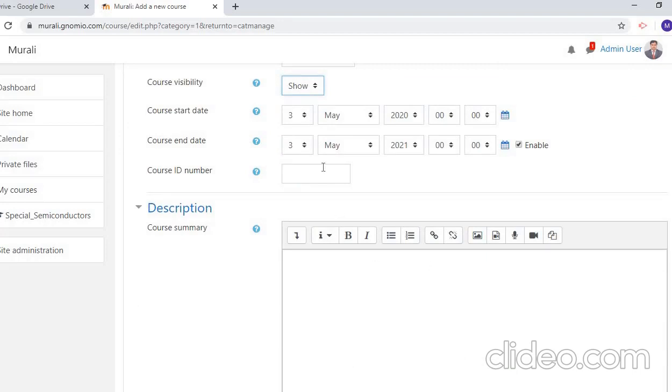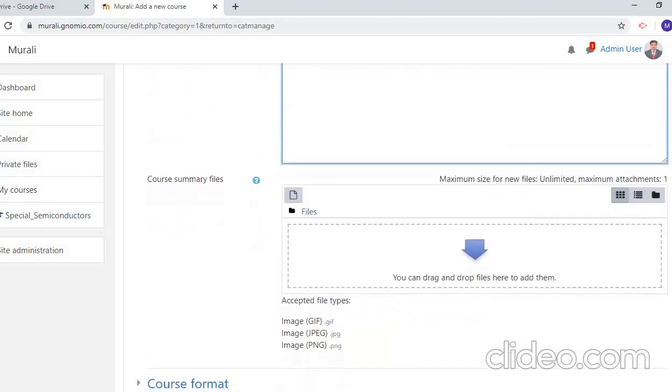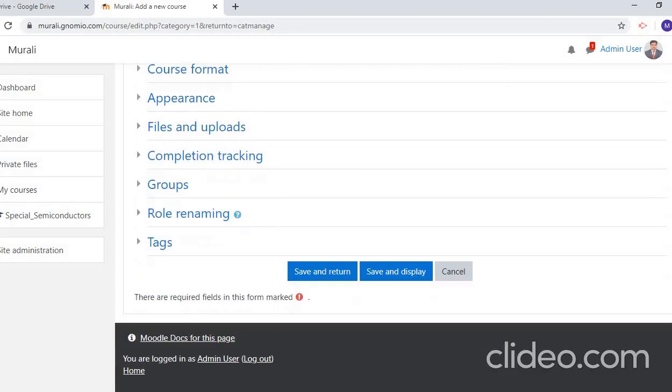Don't worry about the course ID number, and give a description about the course. After all these things, save and return.